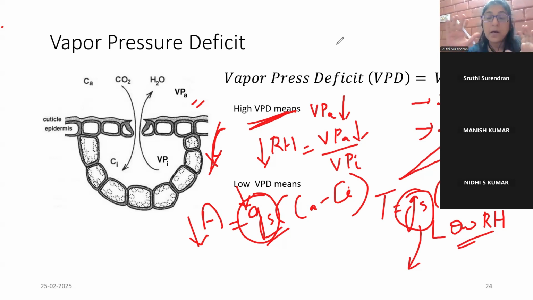So we have a bunch of equations that help us in finding out the correct stomatal conductance when the transpiration is not too high, whereas the photosynthesis is not too low. So we can say from this vapor pressure deficit that